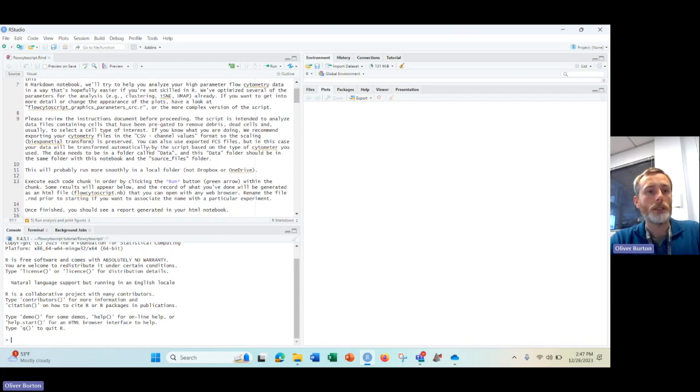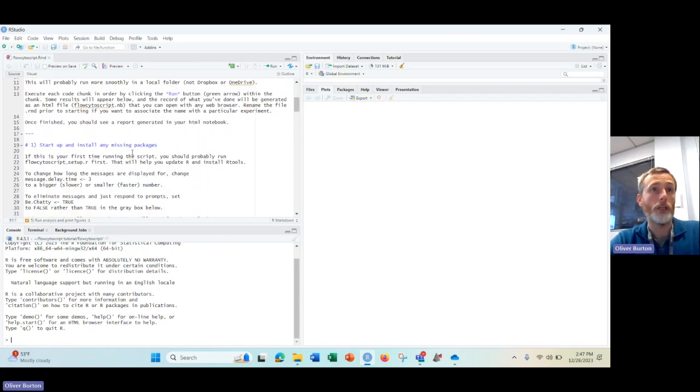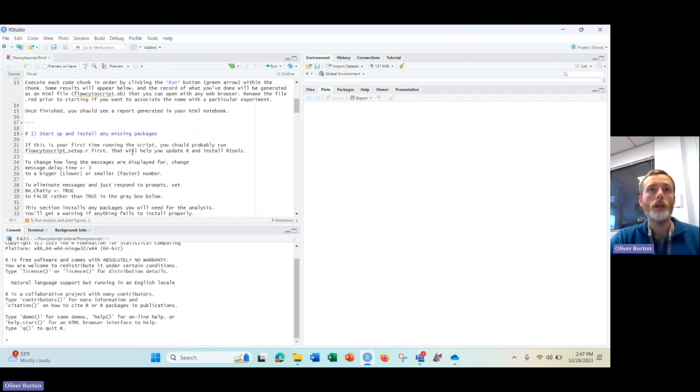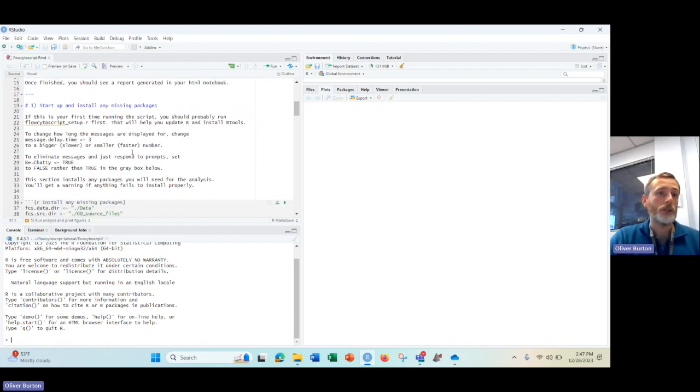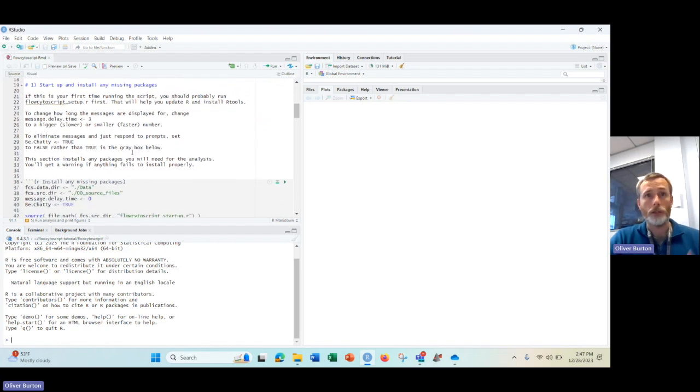We'll scroll down to the section labeled 1, Start Up and Install Any Missing Packages. This is the only section where you might modify anything, and you don't really need to if you don't want to. This part of the script controls how much it talks to you. If you've used this script a lot and you want it to shut up rather than telling you things all the time, you can tell it to stop talking by changing the be chatty from true to false down here